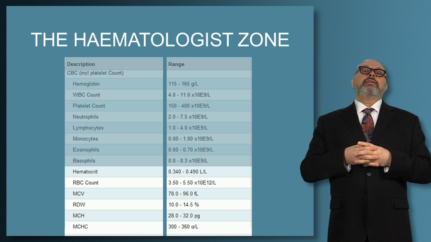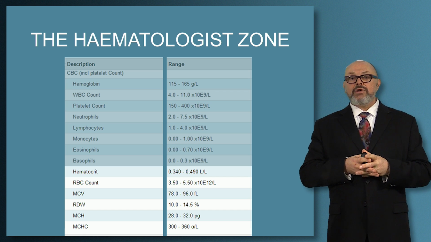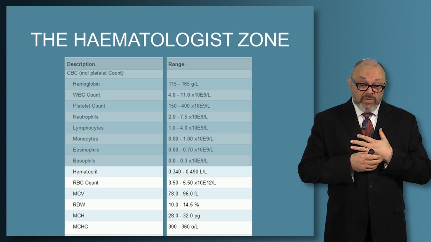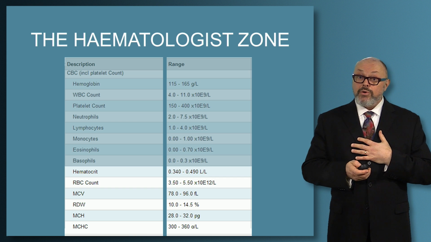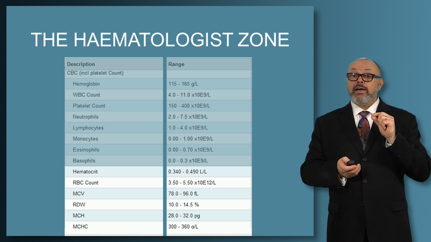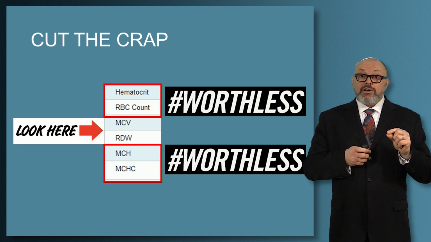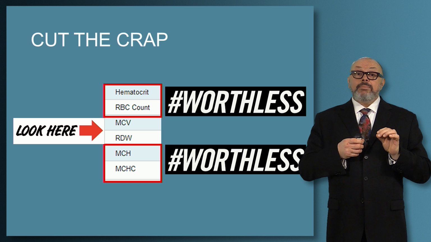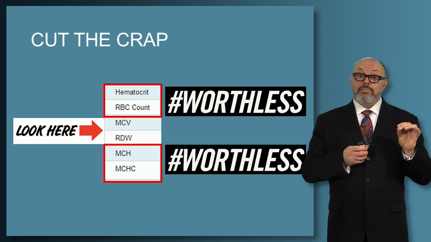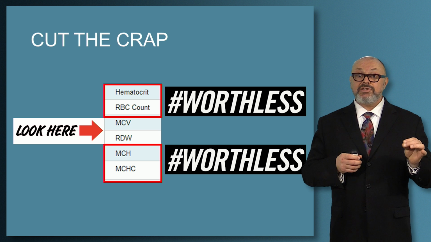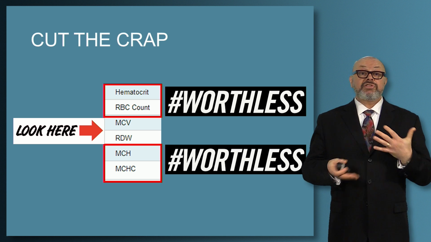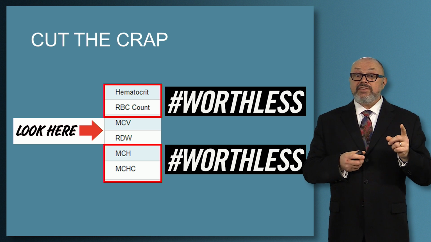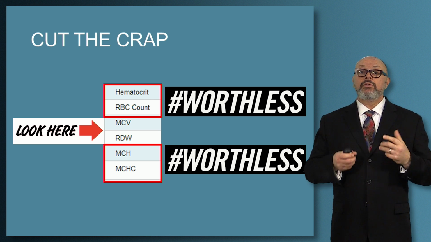All right, now for the hematologist zone, and this is the true esoterica and small print. And I may be violating my hematologist code, but I'm going to tell you something that you'll find very useful. The hematocrit and the red cell count, if you already know the hemoglobin, are worthless. The mean corpuscular hemoglobin and mean corpuscular hemoglobin concentration, MCH and MCHC, are also, for any purpose I can conceive, worthless. All you need to look for in this zone is the MCV, mean cell volume, and RDW, red cell